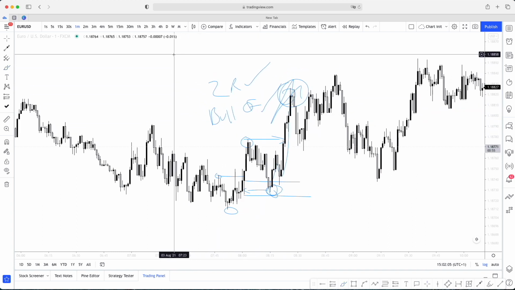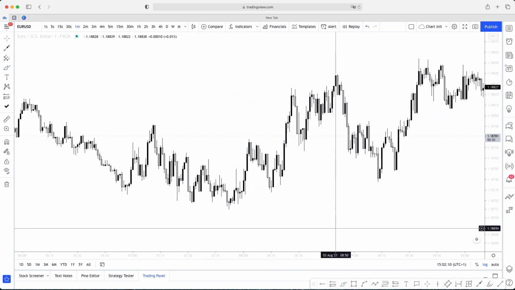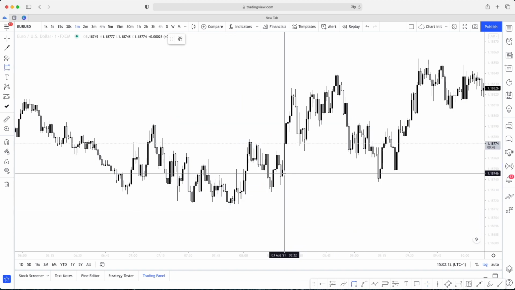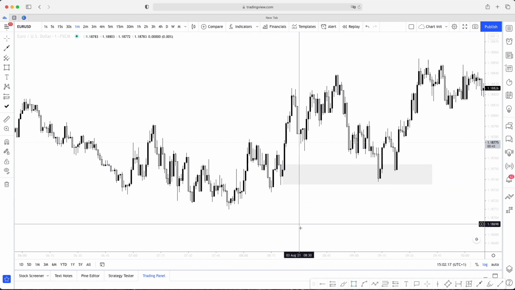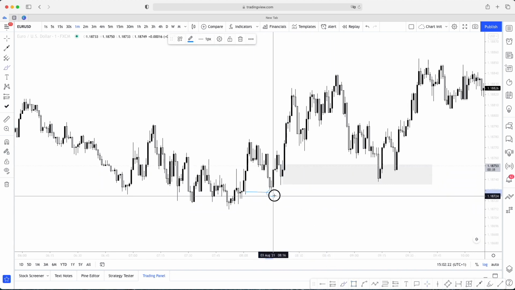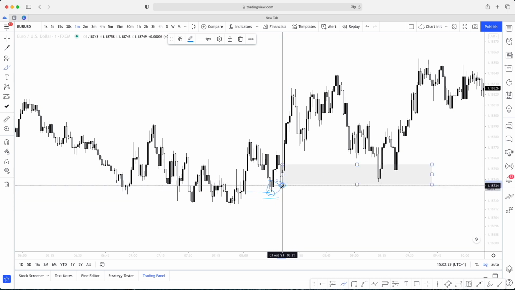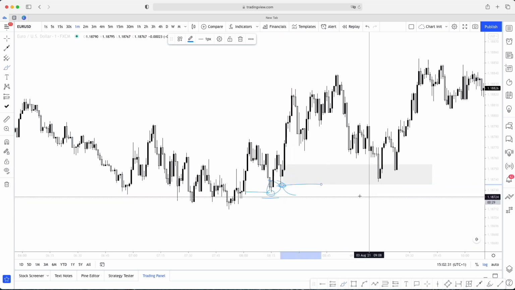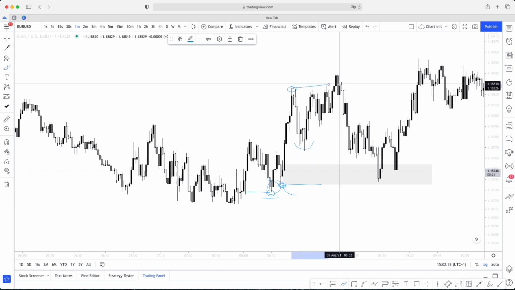So now looking for an entry is the safest option, and the only thing we should be looking for is an excuse to go long. So we look where our next POI is. If we're following the mitigation, we have this mitigation point. That is a point of invalidation below here. This wick was covered by this one here, which now becomes our point of invalidation in terms of order flow.